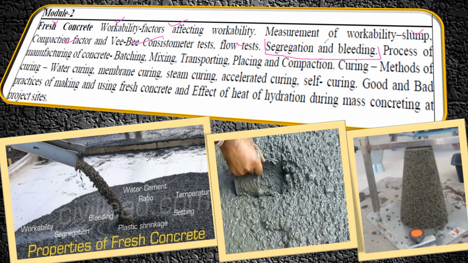And we already saw this term even in the first chapter, right? During the use of fly ash and all, we had seen that fly ash is going to reduce the segregation and the bleeding effect. So what is this segregation and bleeding? We have not understood it. We'll try to see them here.